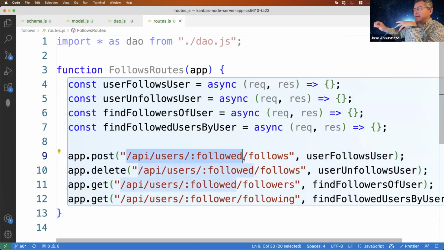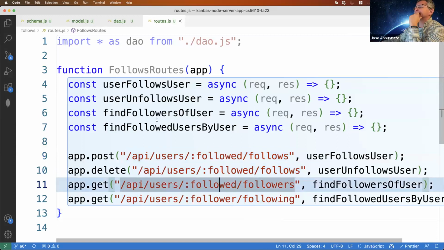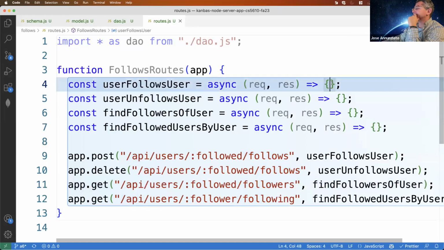The person who's being followed, and then I am creating a new follows. Yeah, perfect. In the follows collection, and here I am deleting the same record, right? And who's doing the following, the person or unfollowing, it'll be the current user who's logged in. Okay. All right, excellent. So let's do that. Let's implement each one of these, right?